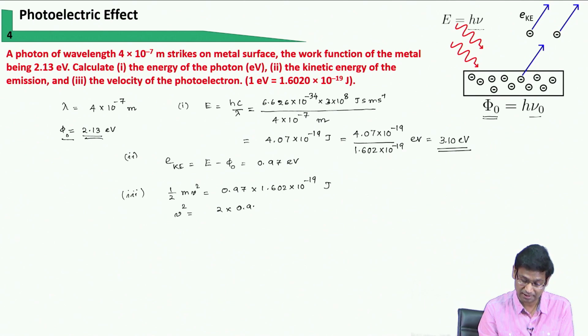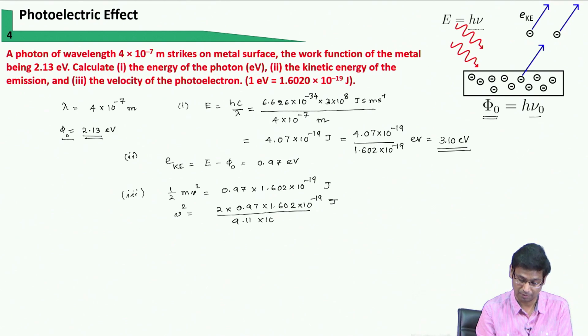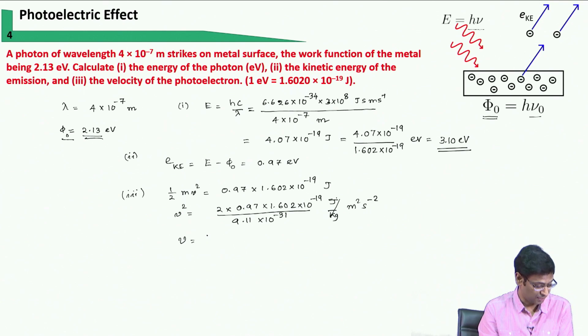2 into 0.97, 1.602 into 10 to the power minus 19 joule divided by 9.11 into 10 to the power minus 31 joule per kg. So, you know, joule per kg will be meter square second inverse square. Therefore, V is the square root of this. So, joule per kg I can write as meter square second to the power minus 2,